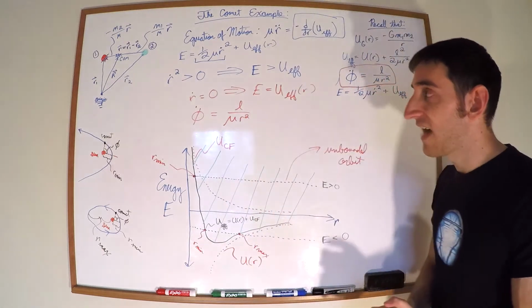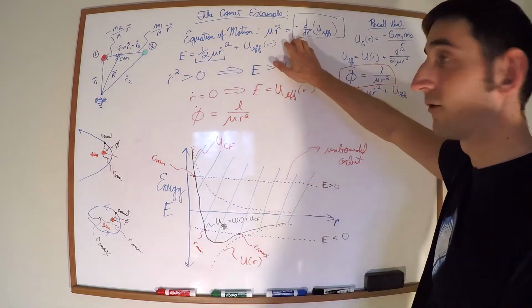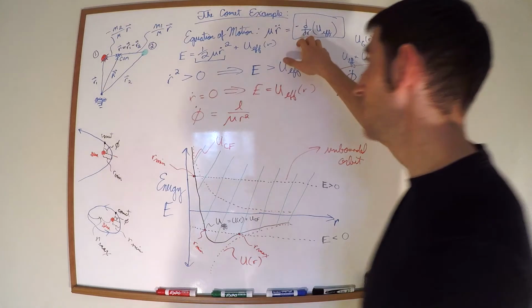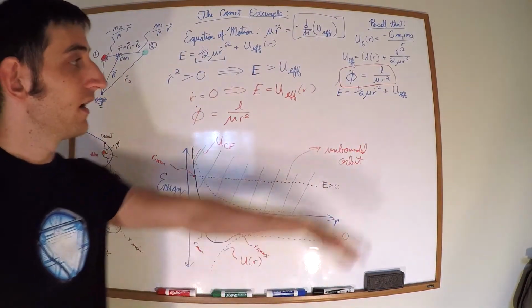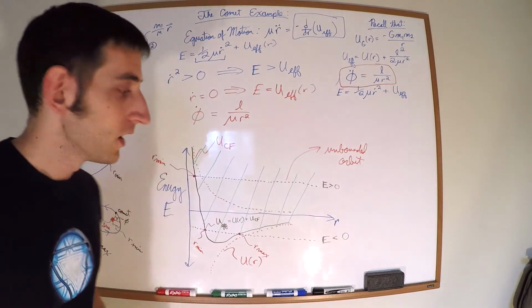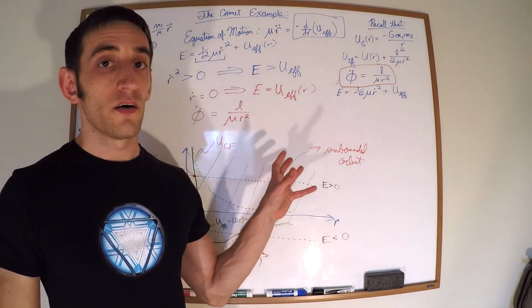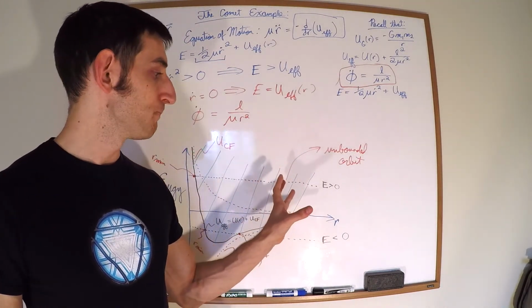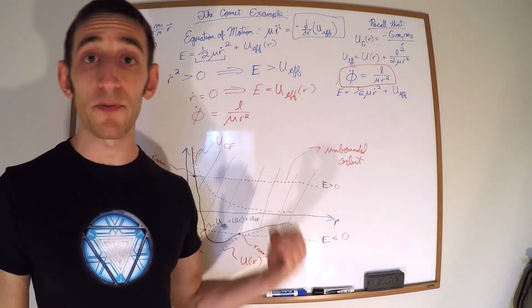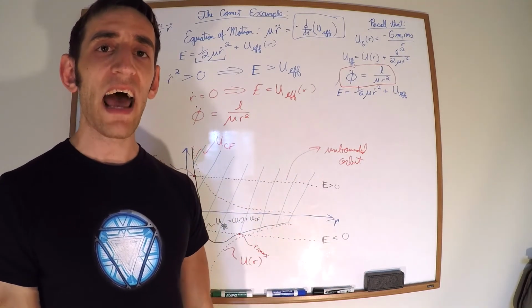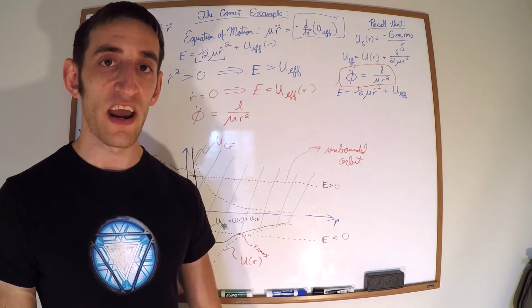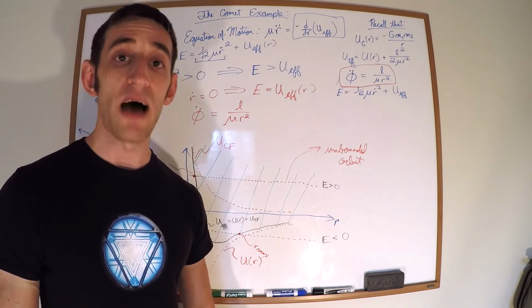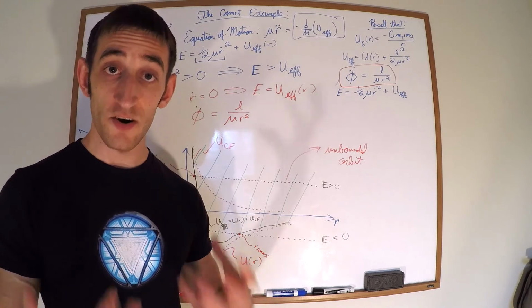So what we found is that just by looking at this model, by looking at the equation of motion and the effective potential energy and our total energy, we were able to deduce a lot of behavior of this comet, of the Kepler problem, without having to rely on solving differential equations, using complex math, a lot of exertion,